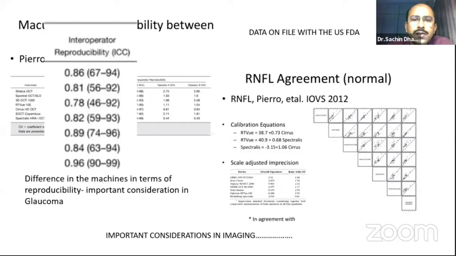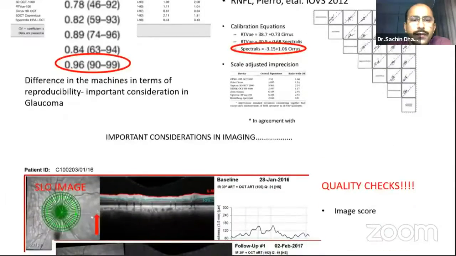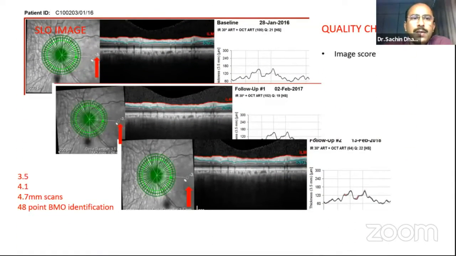There were certain important considerations that you have to take when you start using imaging technology, and that we can cover right now, but these are the certain things that you need to see. So like the interoperator reproducibility and also the resolution. Now coming to imaging in glaucoma, it's been an Achilles heel. It's never been easy, and people are still skeptical to use imaging as a tool for progression. There are certain reasons for that.